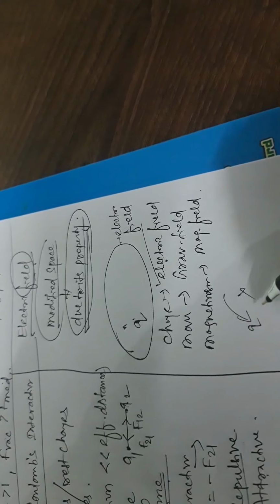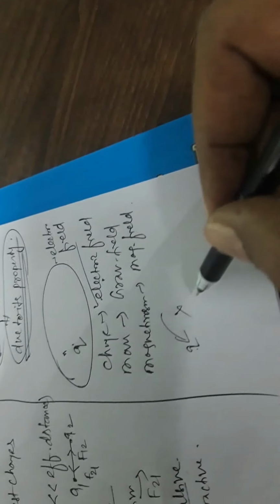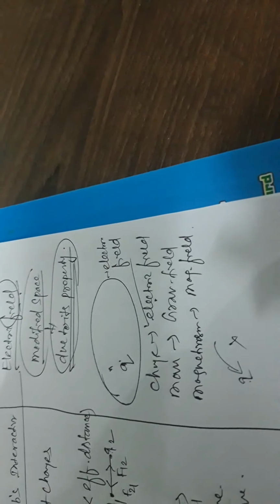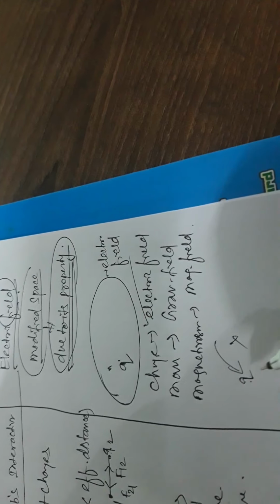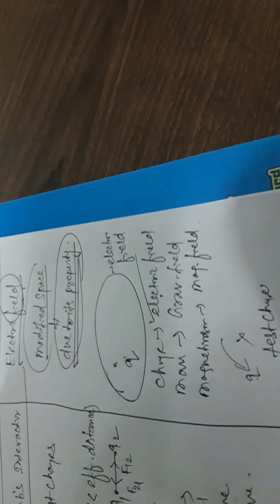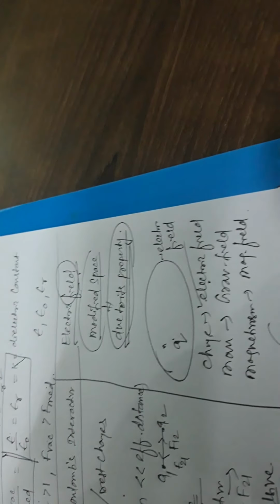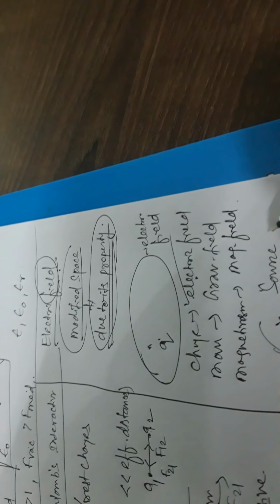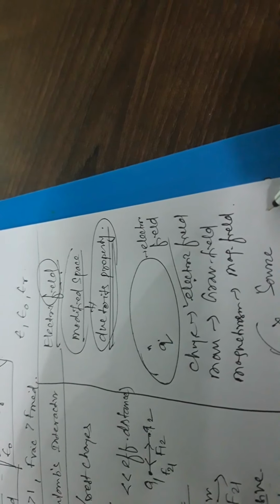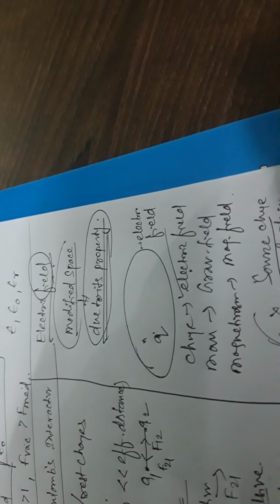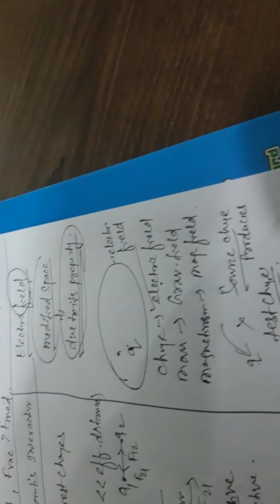No. So, to realize whether the effect of this charge is there or not, or the field is present or not, we have to take the help of another charge. The second charge is brought to examine the field created by the first charge. That second charge is called the test charge. The charge which is producing a field of its own is called the source charge. Source charge produces and test charge examines.